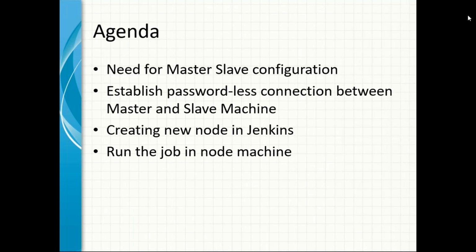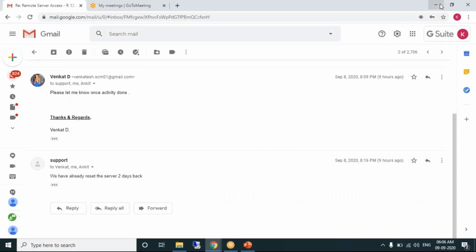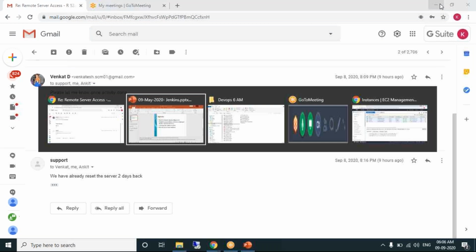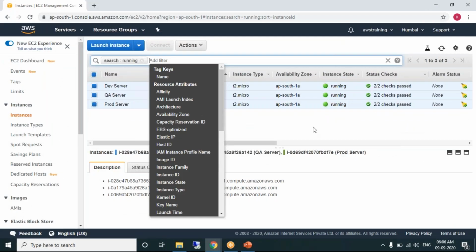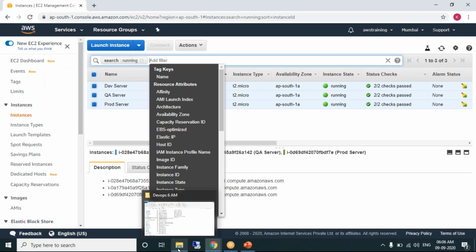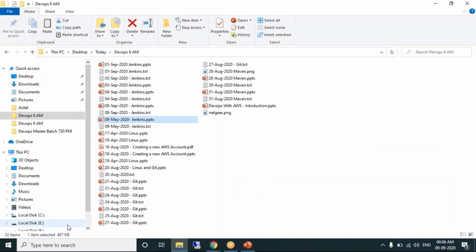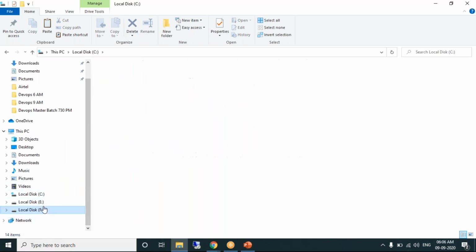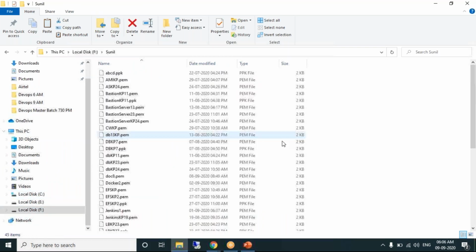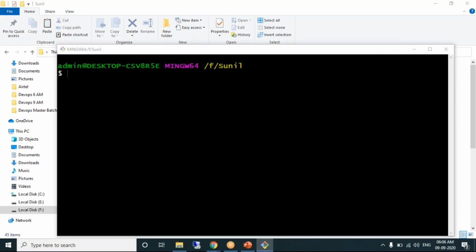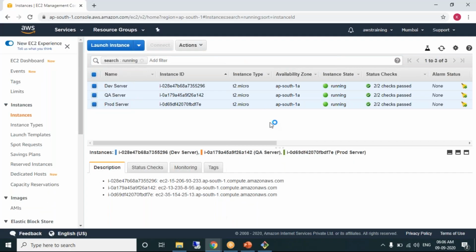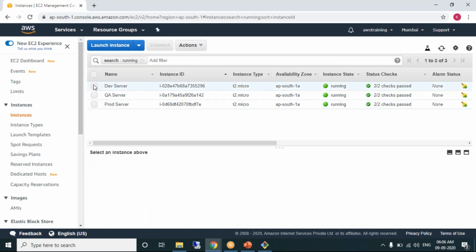So let's start Jenkins. We know Jenkins is installed in dev server.